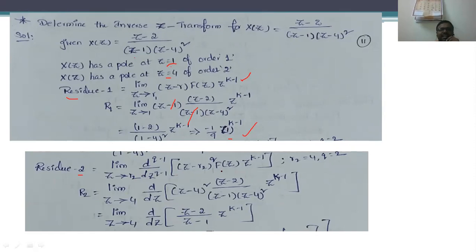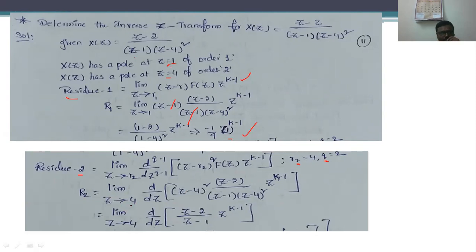where R2 is nothing but the repeated pole and q is nothing but the order of that particular repeated pole. R2 is the second pole, that is the repeated pole, and q is how many times the pole is repeated. Here, the repeated pole is 4 and the order of the repeated pole is 2. Therefore, substituting the values of R2 and q in this equation, we get the residue R2 is equal to